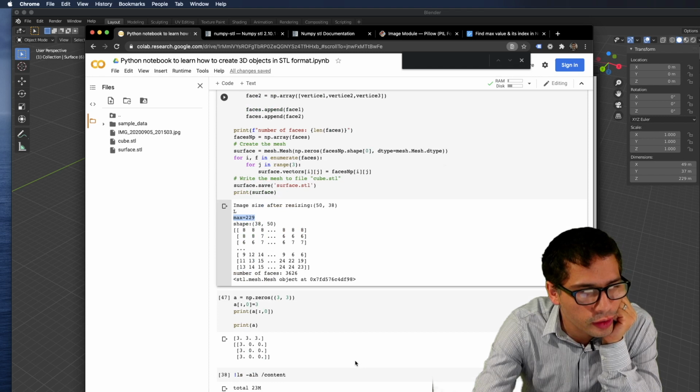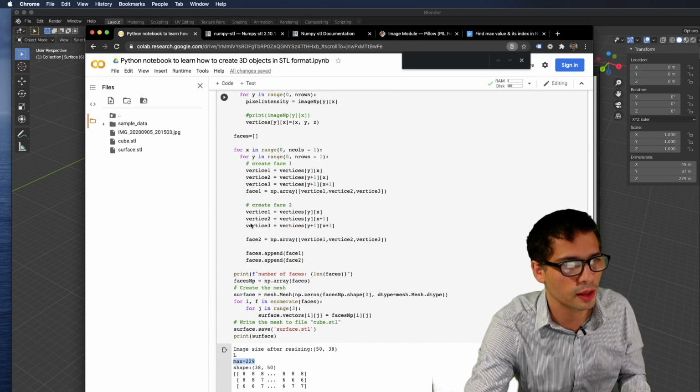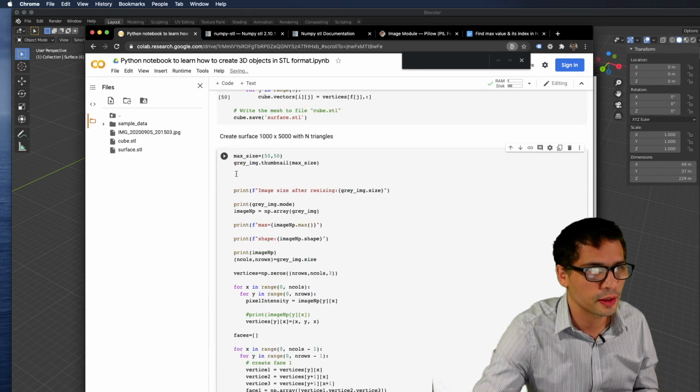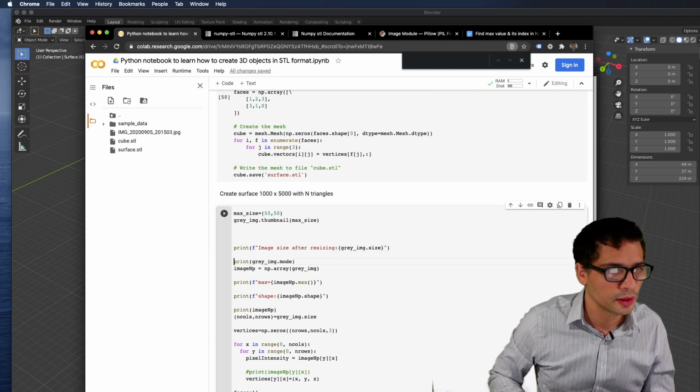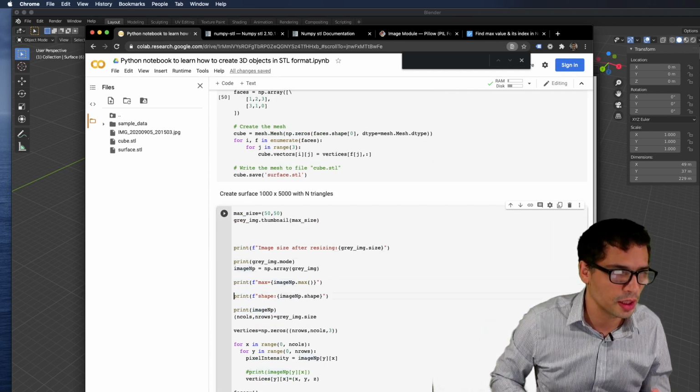Okay, I thought we didn't have such a big number, but anyway, it doesn't matter. So it doesn't change our algorithm. So I need to find the max and the min.